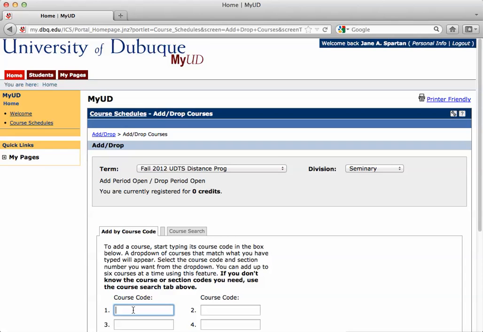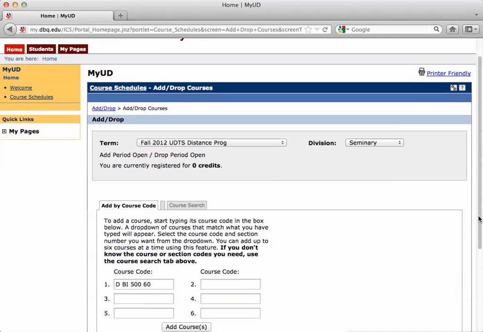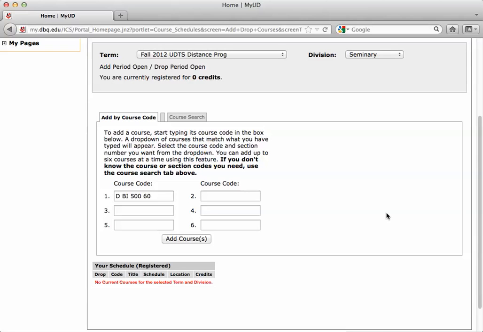All of our course codes at the University of Dubuque start with the letter D. And so once I put a D in the system, it's going to start with an autofill drop-down that starts to find classes that I might be looking for. You can select the class you want, or you can continue to type if it's a different prefix. So if it's MN or anything else that you want to select. Once you have the class in that you want, you're going to have to scroll down. And you're going to want to make sure that you select Add Course. And so you can fill in up to 6 classes that way, and once you're done, you would hit Add